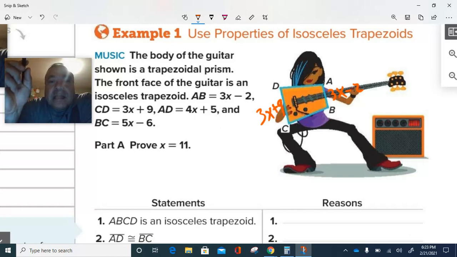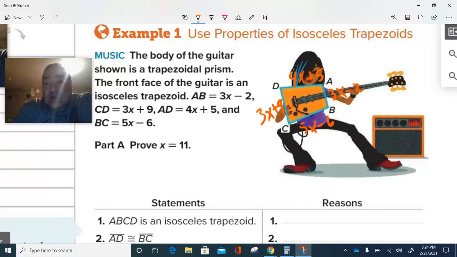And AD, or DA, is 4x plus 5. And BC will be 5x minus 6. You can see right away that DC and AB are not congruent,